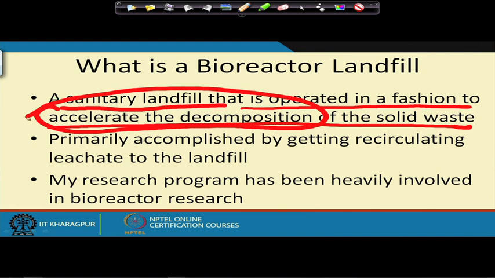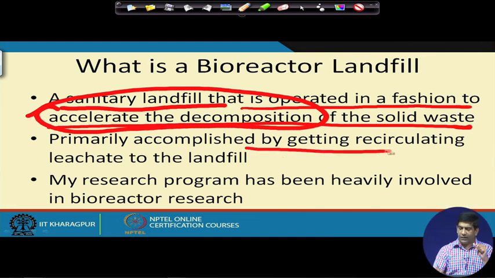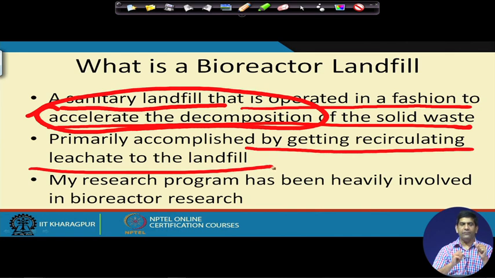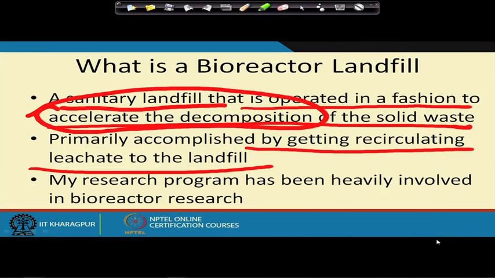So, how do we do it? We do it by recirculating leachate to the landfill. What I said is that we have to improve the moisture content inside the landfill. Since we have to improve the moisture content inside the landfill, no regulation, if you look at any regulatory body,